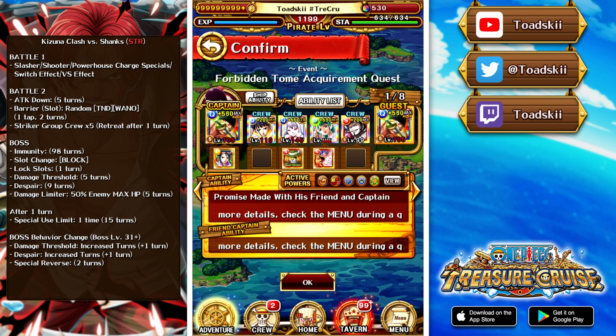It does become 10 turns of despair after level 31, so with sockets it goes down to 7. Hiyori on this crew with her special does remove 7 turns of despair, which works out perfectly. Now another thing is that we are inflicted with special reverse after level 31, which is where we'd use the Hiyori special to not only deal with the special reverse, but she switches into the captain position and we can